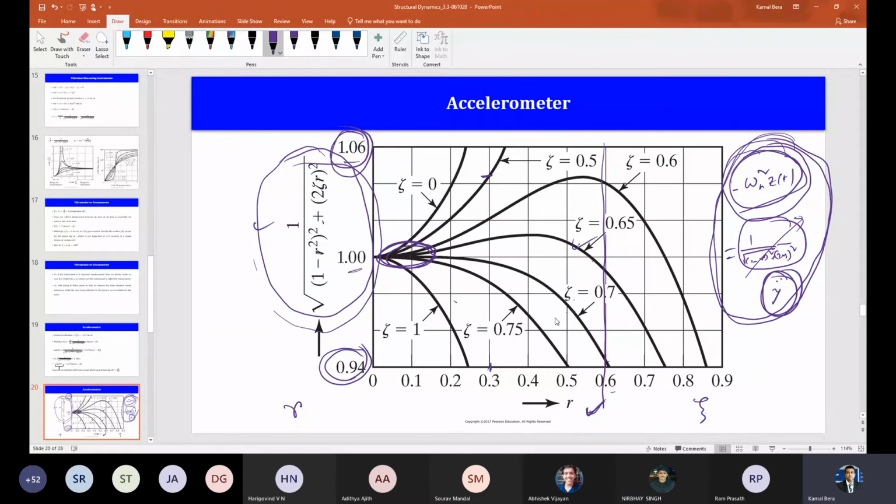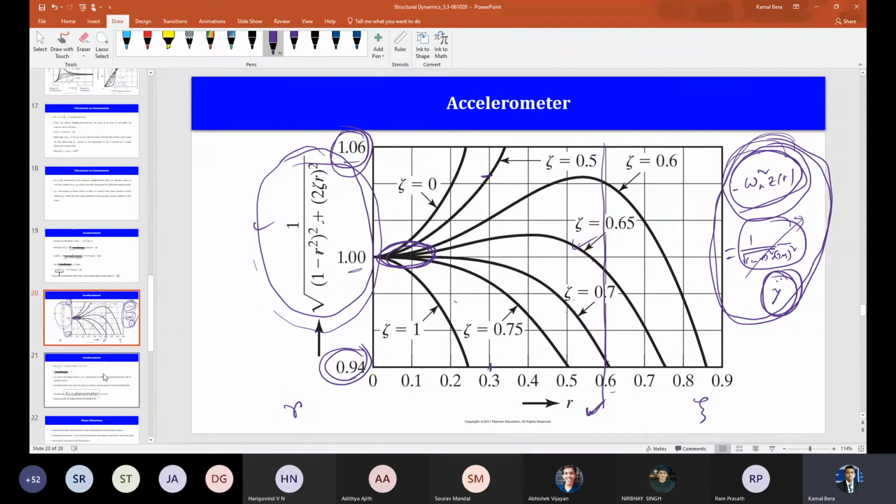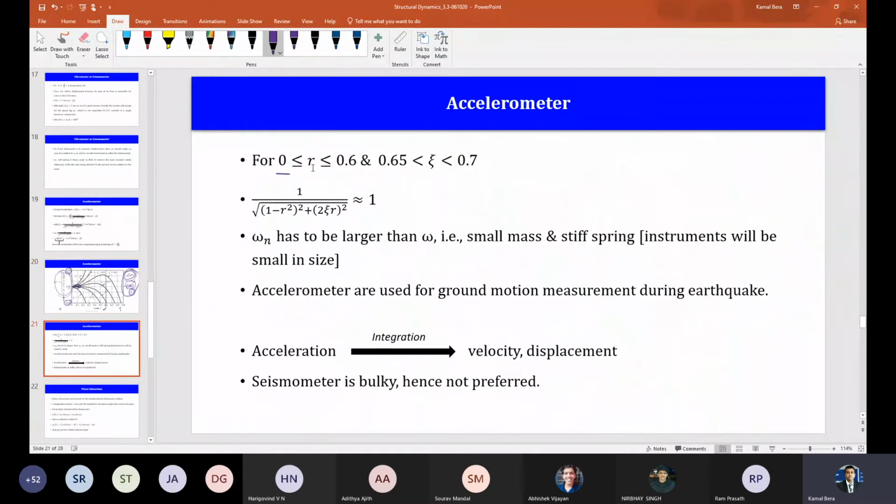Now, if you want to keep R, actually we are trying to see the R range. Okay, you are saying R 0.3. That is fine. So what I showed here, what is the slide gone? I showed R 0.6 and below. So 0.3 is okay also, right? So there is nothing wrong here.